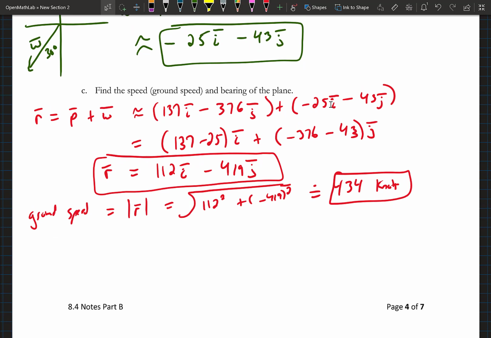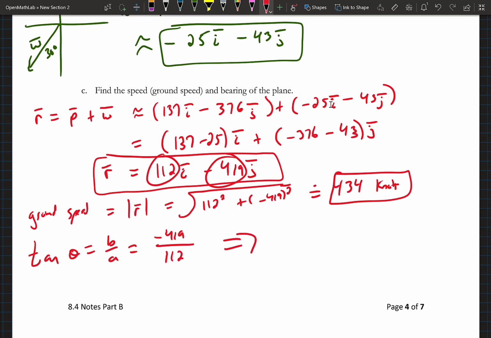So to be able to find the bearing, we need to find theta. So remember, we can use tangent of theta equals b divided by a. Well, the b value is negative 419, right? That's here. And then the a value is here, which is 112. So in other words, if I take arctan of negative 419 divided by 112,